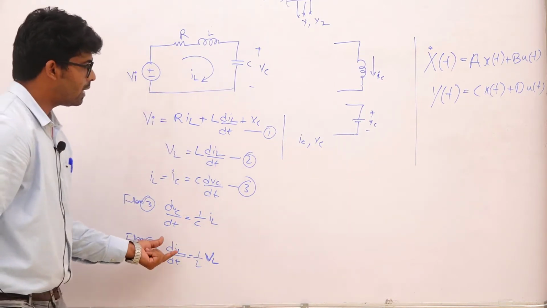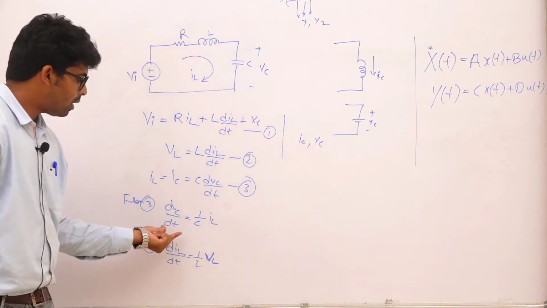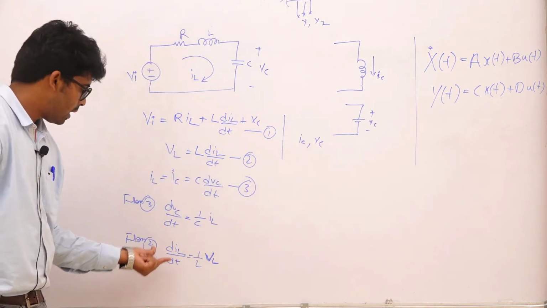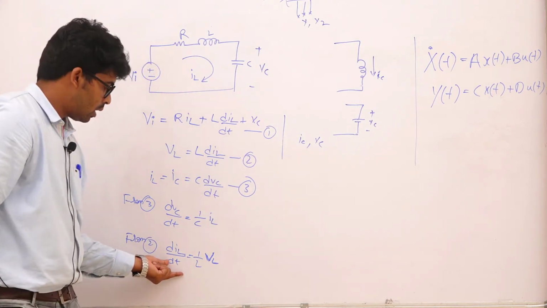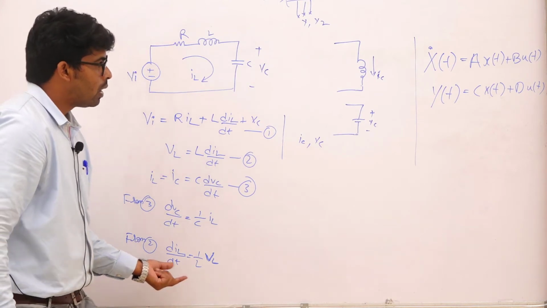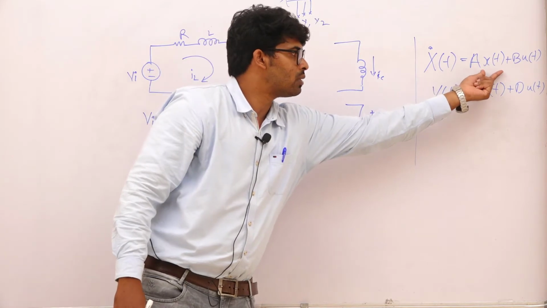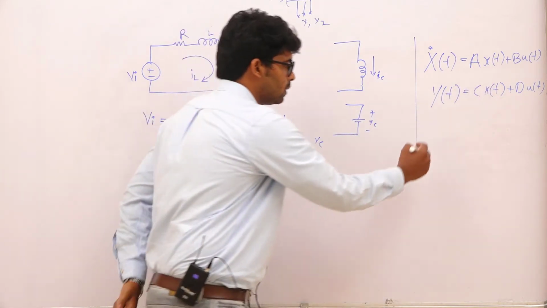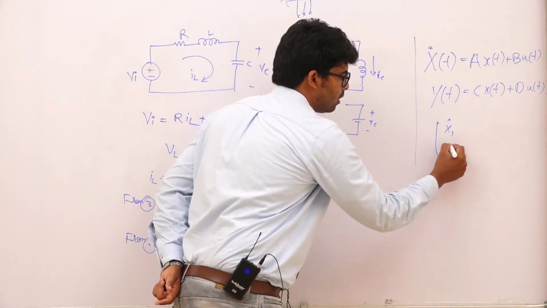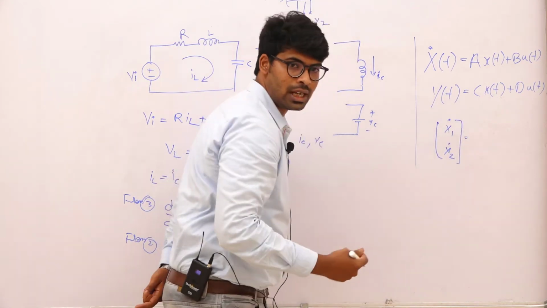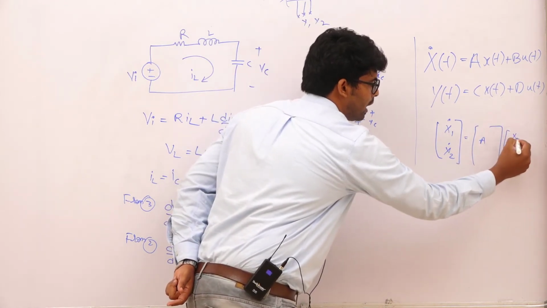So what I take initially is that IC and VC are the two state variables. I got the first order equation of voltage Vc, and I need the second order equation of current IL. If you see carefully, we have a state equation in the form of x1 and x2. In general, the state equation you need to get is, x1 and x2 are the state variables. You need to get a matrix A in the form of x1 and x2.